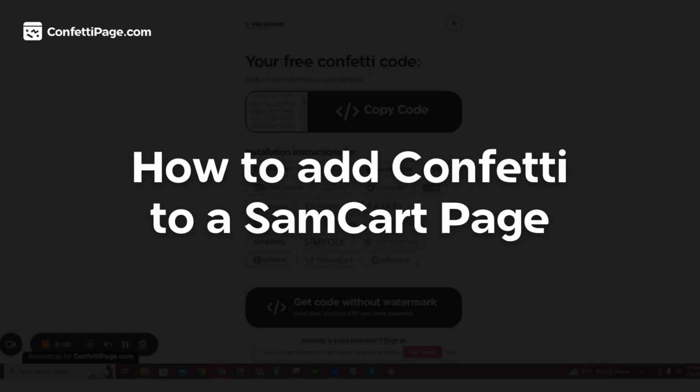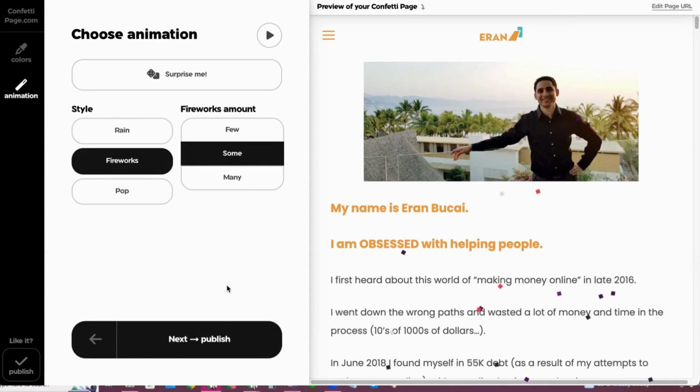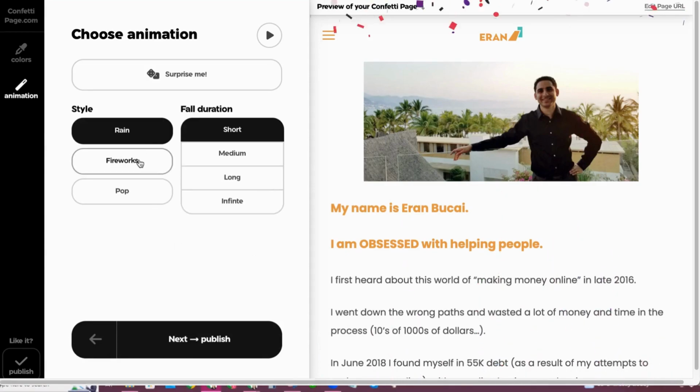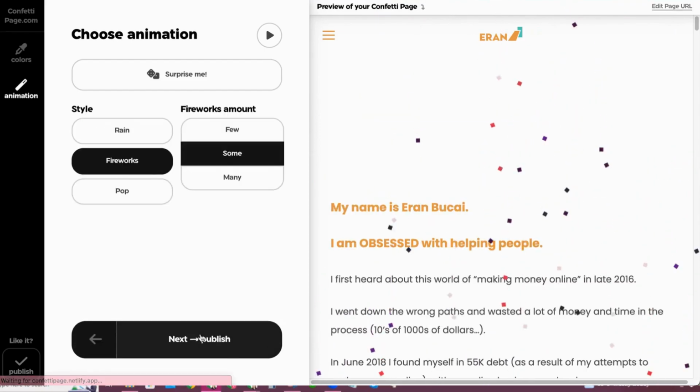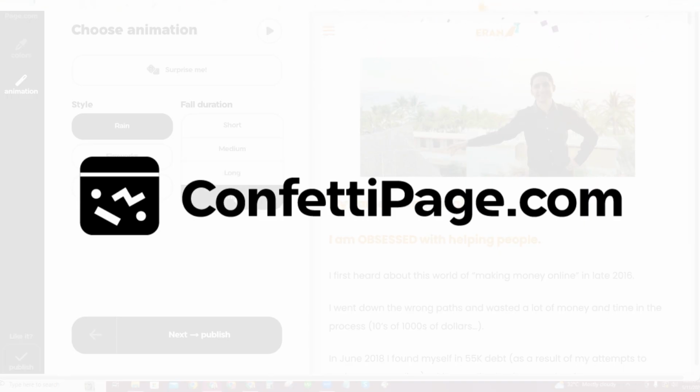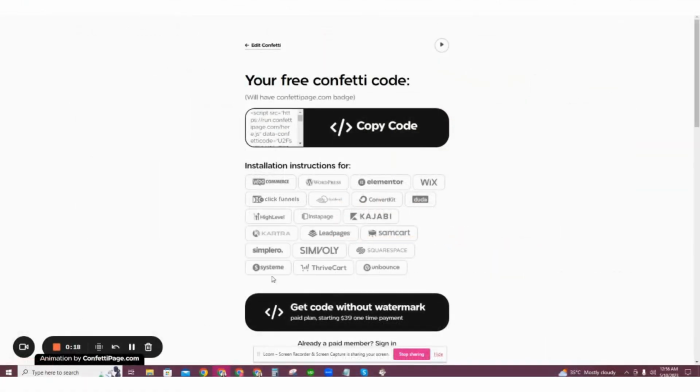Here's how to add confetti to your SamCart page. First off, create a custom confetti animation and generate the code to install on your website by visiting ConfettiPage.com. It's free. Click the black button that says Copy Code,